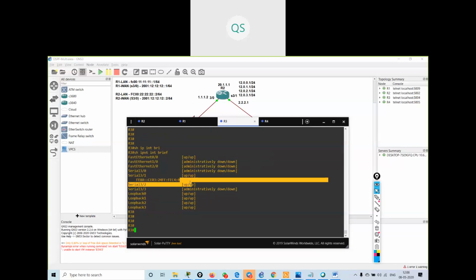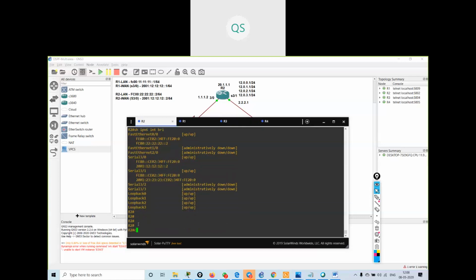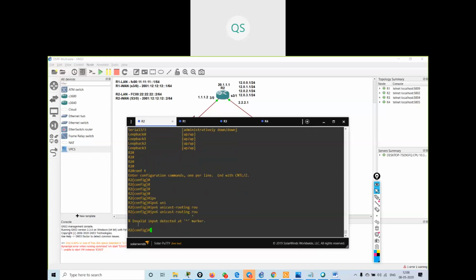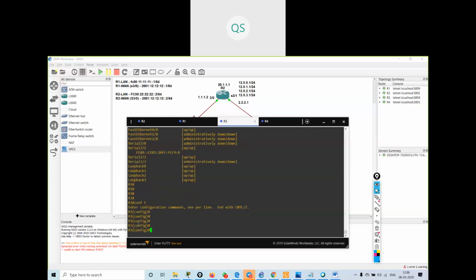The issue, I think, is that routing is still enabled. So I will go on this router and say IPv6 unicast routing. I've enabled the routing over here. Over here I will say no IPv6 unicast routing.